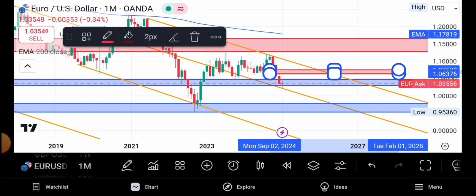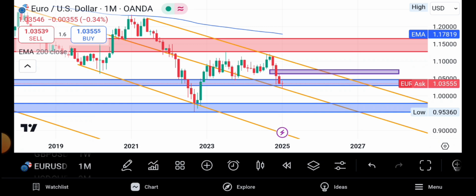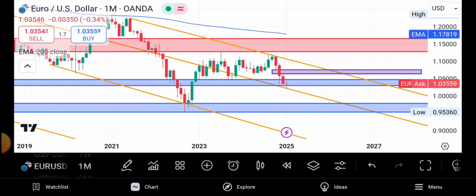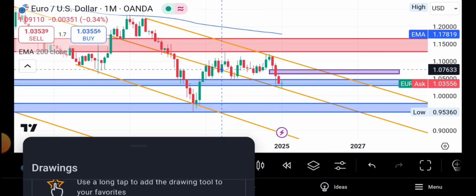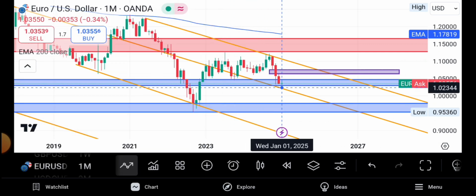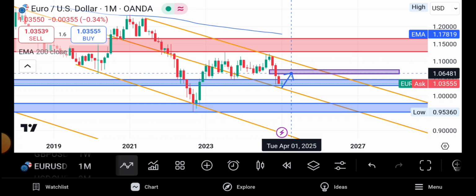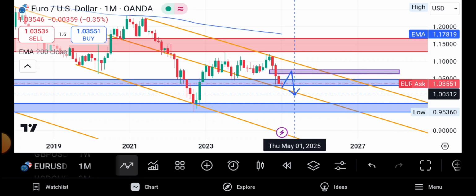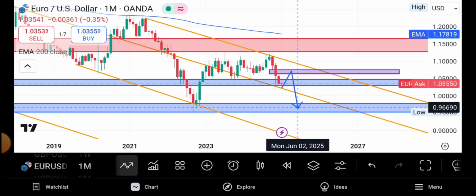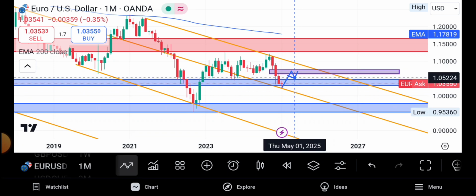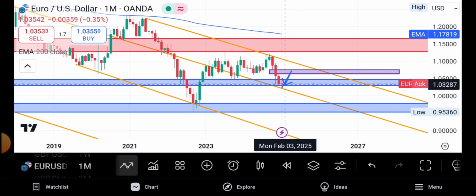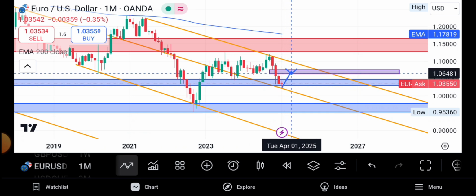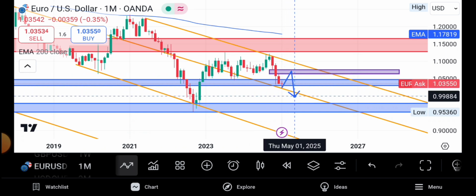And we know the rule of the game is a fair value gap is like a magnet to price action. Are we together? So I'm trying to see that the buyers will come tap this fair value gap and then sell. That is what I'm anticipating. I'm thinking the buyers will push this price action up to this point, and then you have a massive sell, up to that zone. That is monthly. Remember, this is monthly.